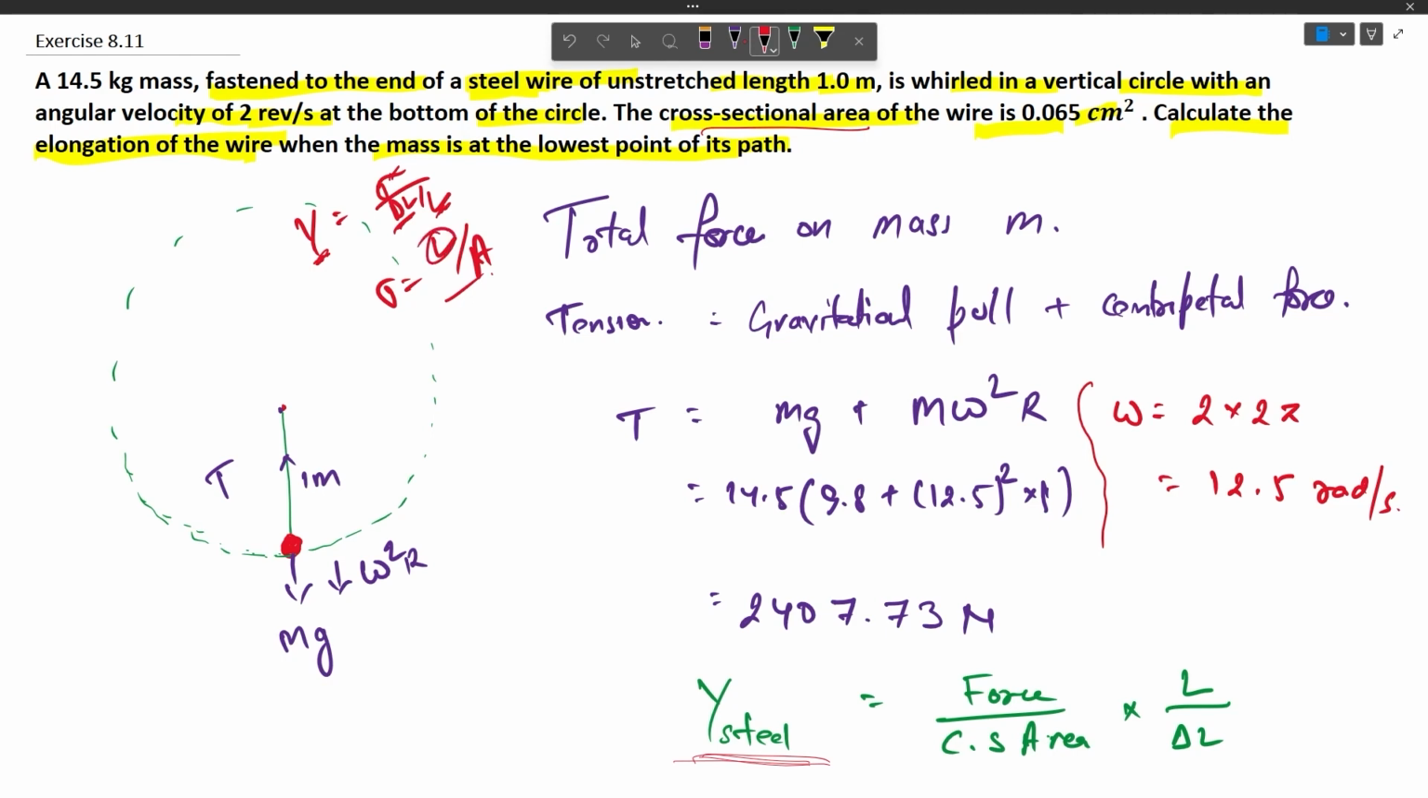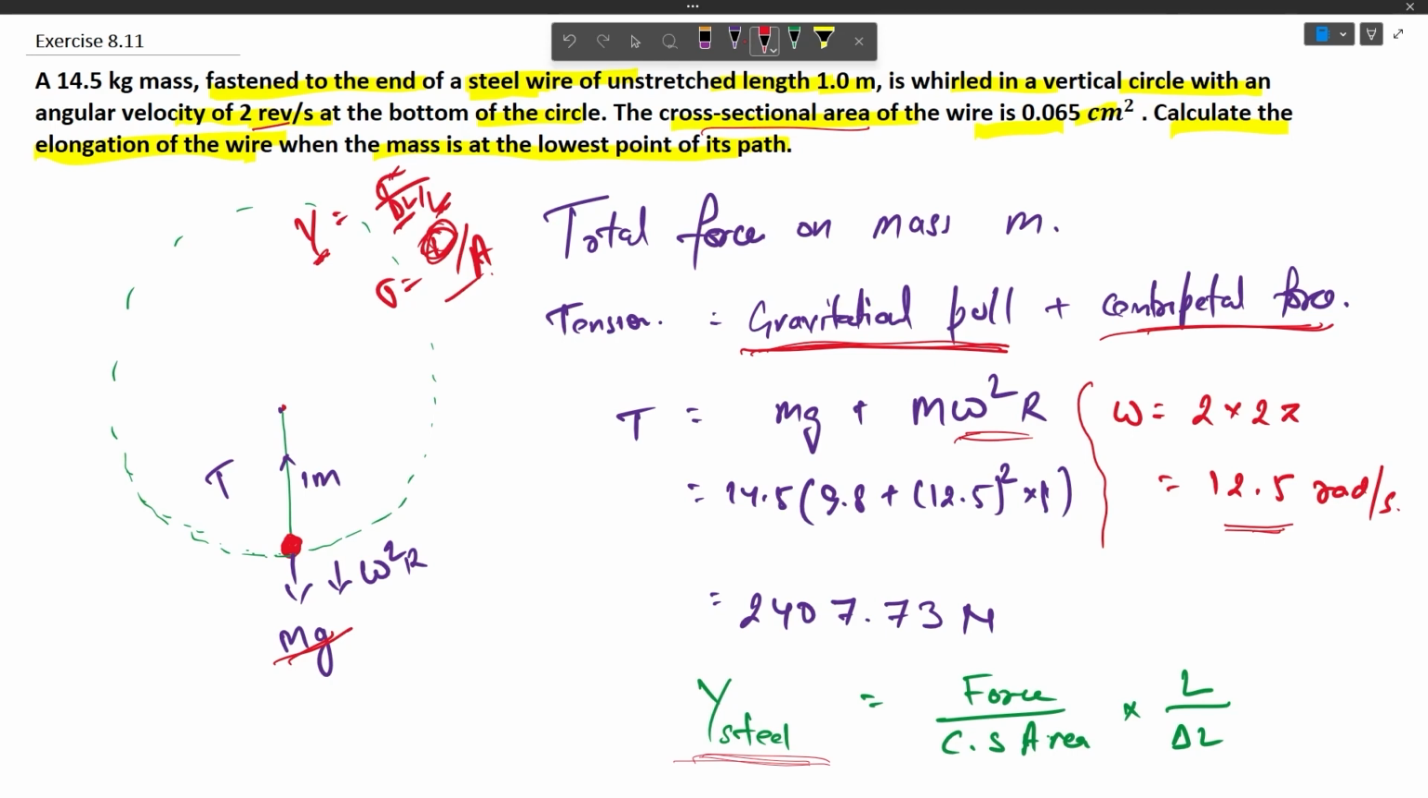So we need to calculate here a known thing, that is load. For calculation of load, we will apply the equilibrium condition in the vertical direction. Now in the downward direction, we have got two forces, that is the gravitational pull, which is equivalent to mass into acceleration due to gravity, mg, and centripetal force, which is equal to m omega square r. Now here omega is given, that is 2 revolutions per second. We need to convert it into radians per second, and it comes out to be 12.5 radians per second. So this will give us the tension in the string, and it comes out to be